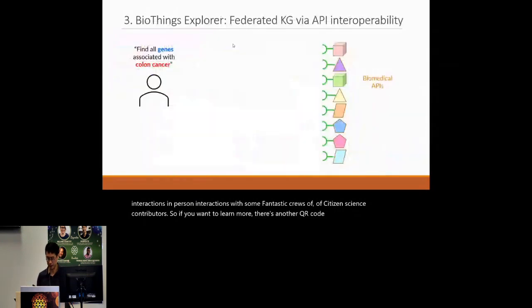Again, these are just meant as little vignettes. And the third vignette I just want to tell you about is our most recent and ongoing work related to BioThings Explorer. BioThings Explorer is all about building a federated knowledge graph through API interoperability. And the way this works essentially is that if you have a user that comes in with a query, for example, give me all genes associated with colon cancer, that query gets expressed in a structured format to BioThings Explorer,